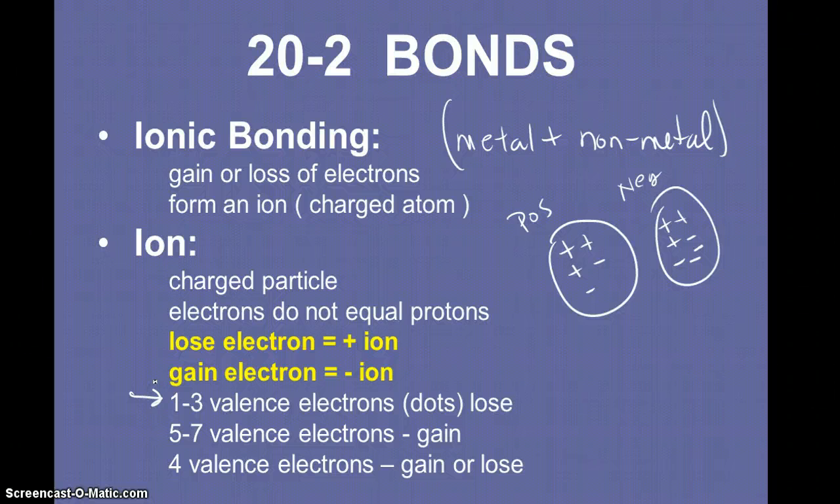They tend to lose electrons, groups 1 through 3. Groups 5 through 7 tend to gain electrons, and group 4, they'll either gain or lose electrons. So they kind of go both ways. And then our group 8,